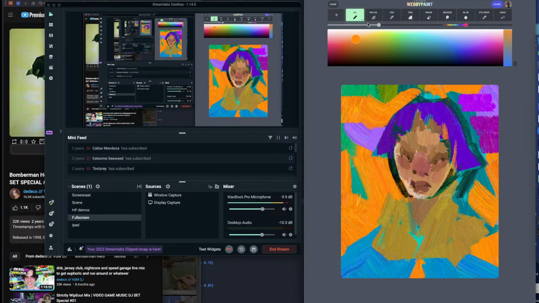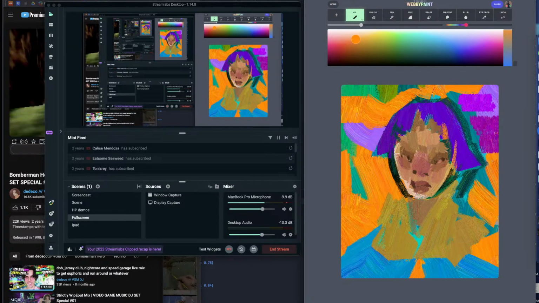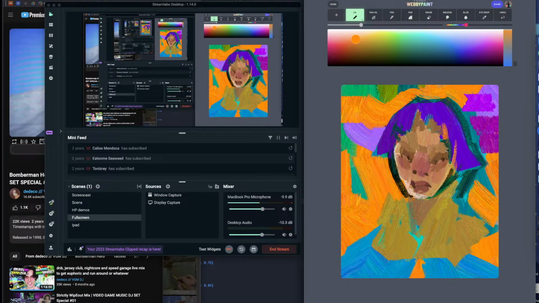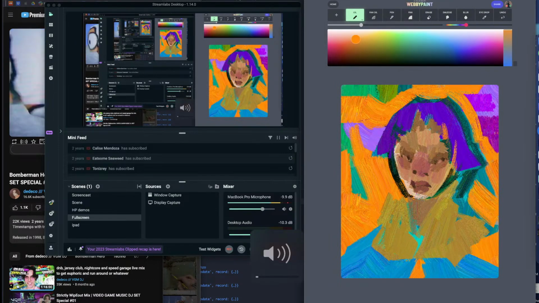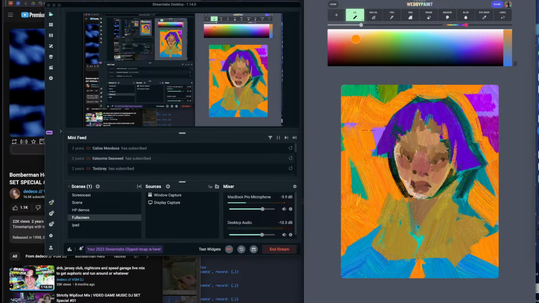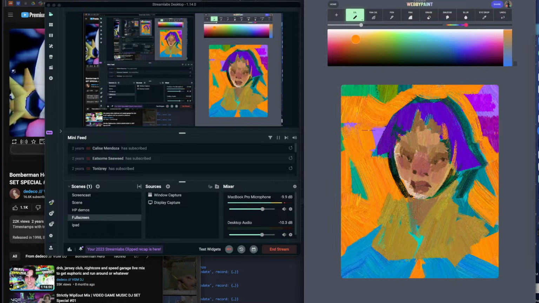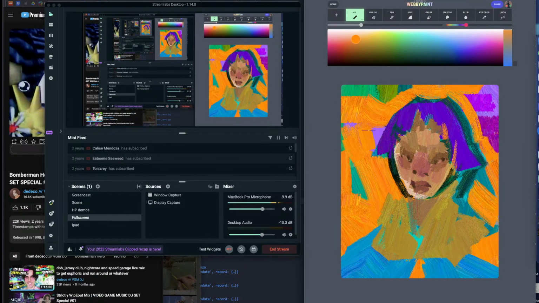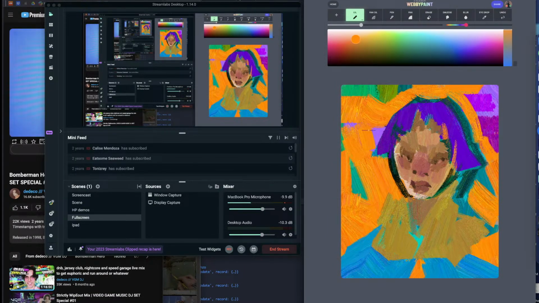Basically the local autosave system, and the tricky part was trying to figure out what to do in the situation when there's a canvas conflict. So, for example, I have this same painting open on another device over here on the side on an iPad, and I can start drawing on the iPad. You can't see it right now, but I'm basically drawing a bunch of random stuff on the iPad right now on the same exact canvas, and then when it autosaves, it will basically send a signal over to this